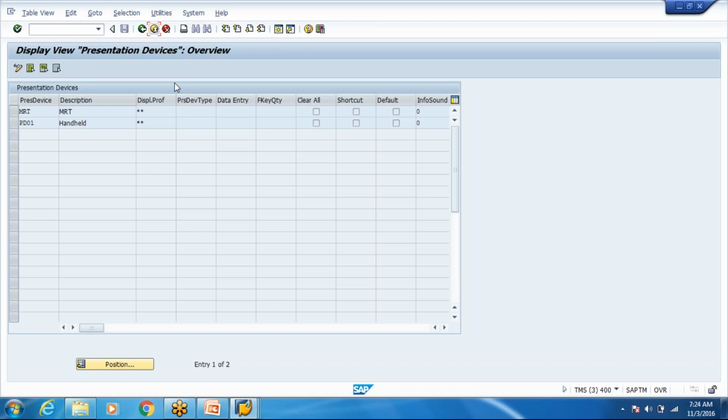Let's say these are the number of pixels on your screen. It's like a grid: 8 pixels this way and 40 pixels downwards, or 16 pixels this way and 40 pixels this way. These are the pixel sizes. So if it is going out of your screen or not coming as configured, you can change the size. You can make it 9 or you can make it 45. So you can try out different combinations.